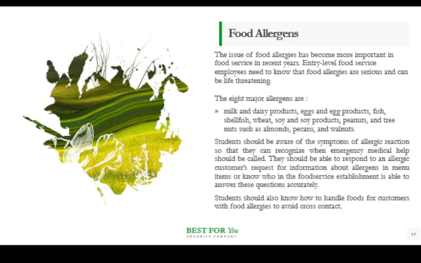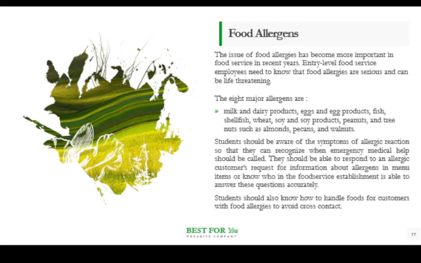So next is food allergens. The issue of food allergies has become more important in food service in recent years. Entry-level food service employees need to know that food allergies are serious and can be life-threatening. Although hundreds of foods are known to cause allergic reactions, the Big 8 account for 90% of them in the